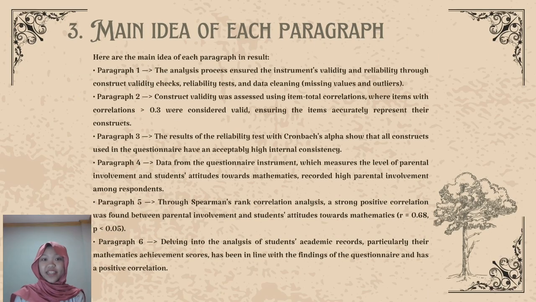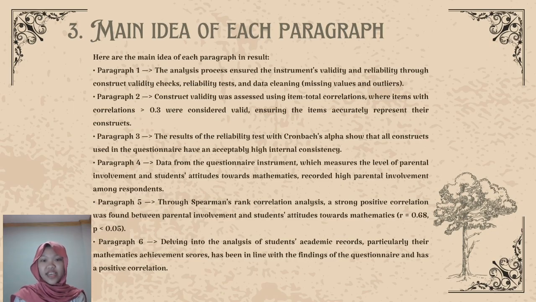Next part is the main idea of each paragraph. Here are the main ideas of each paragraph in the result. In paragraph 1, the main idea is the analysis process ensured the instrument's validity and reliability through construct validity checks, reliability tests, and data cleaning of missing values and outliers. In paragraph 2, the main idea is construct validity was assessed using item-total correlation, where items with correlation more than 0.3